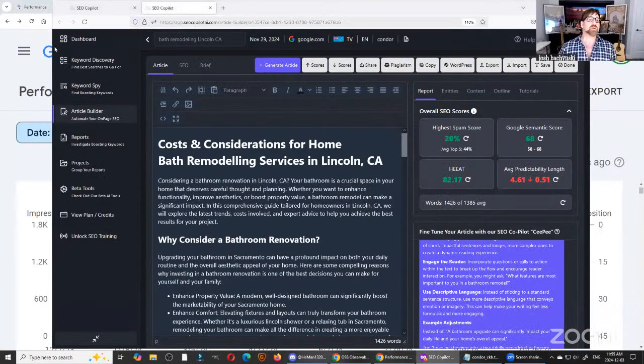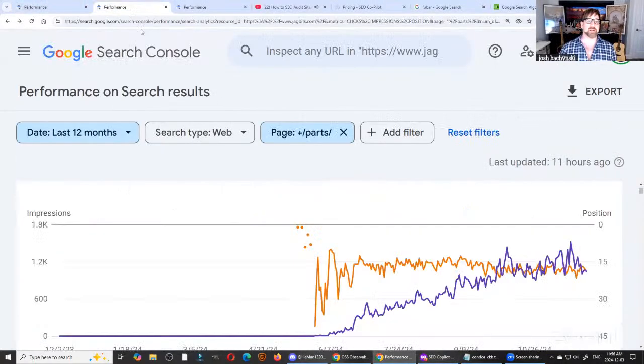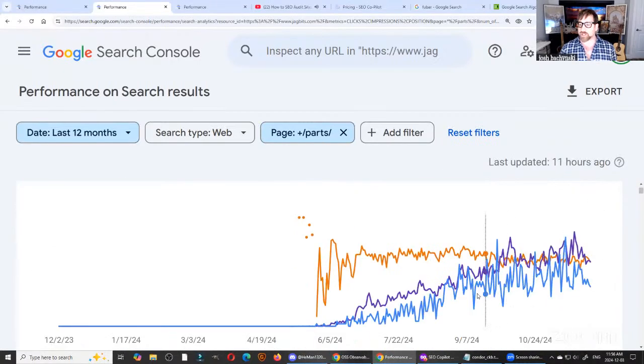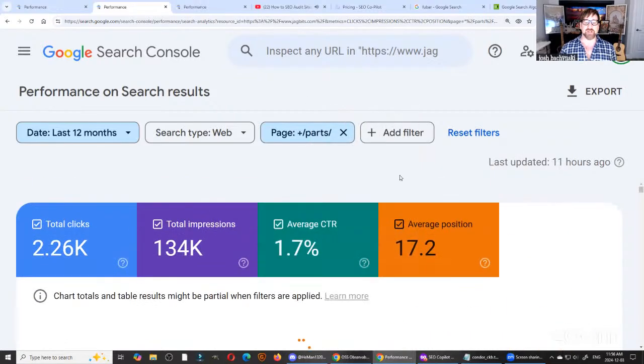Okay, so you can also use the clicks here to diagnose what's going on. So let's turn on the clicks and see. We're getting to a point where the clicks are still increasing. This is good. That means the clicks are increasing. The average CTR is 1.7%. That's a good thing, right? That's not too bad.